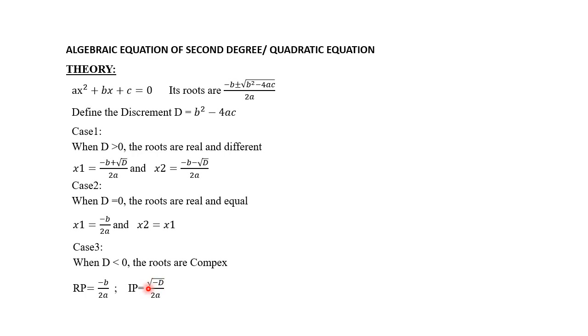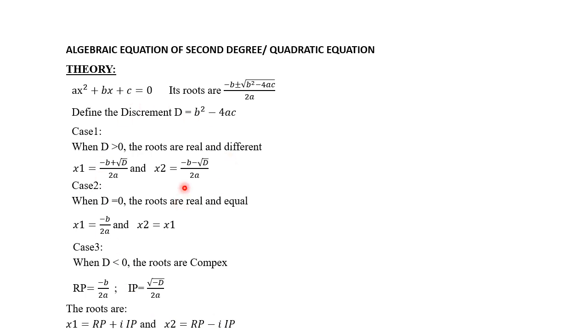The i we have taken outside. So the minus we have taken outside, and the root of minus is i, and the other quantity, −d, is a positive number, since d is negative and −d will be positive. So the imaginary part will be √(−d) / 2a, and the roots will be real part plus imaginary part, with i in the imaginary part, because we have taken i outside. This is x1, and for x2, plus and minus are there, so x2 will be real part minus imaginary part, with i in the imaginary part. So this is the theory.